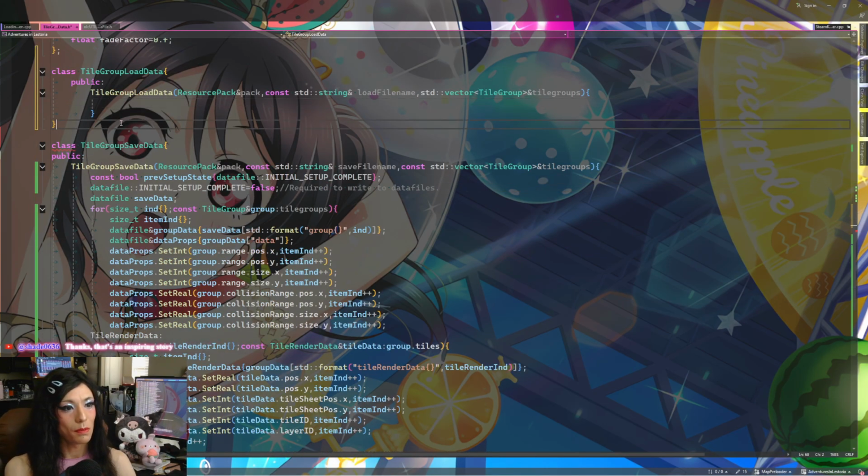So we're gonna pass in the resource pack again because we have to load from it. We got the load file name, the expected file name we're gonna read from. Or is that how I want to do this? Let's see. Yeah, I guess it is. And then we need a reference to the tile groups, but it's not going to be const because we have to now populate the tile groups. So we'll use the tile group save data as a reference for how we're going to repopulate them. First, we need to,